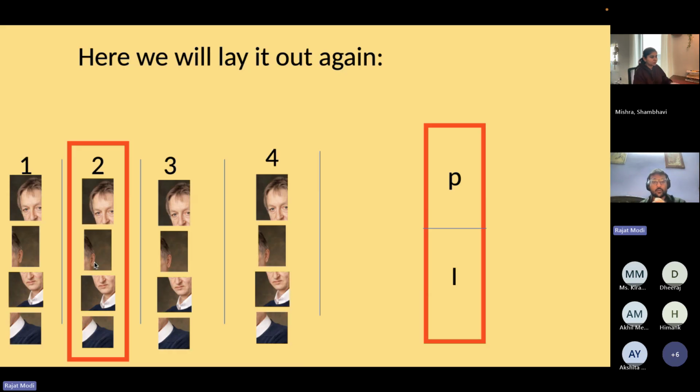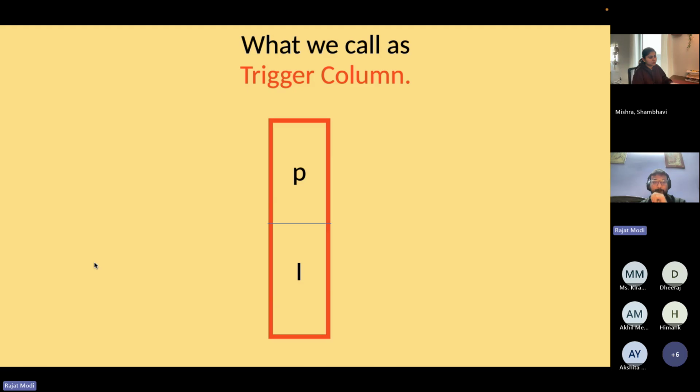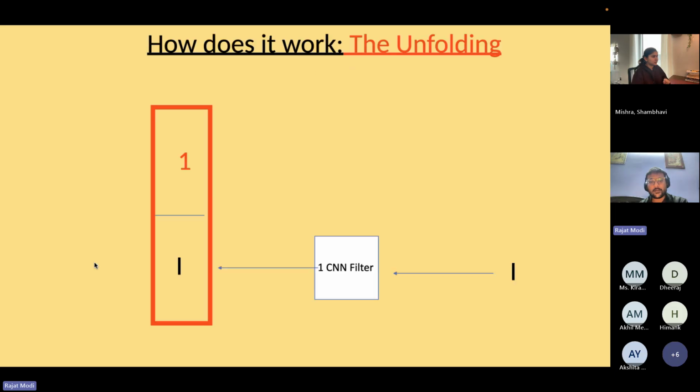So this is a different way to feed data to an MLP. Let's call this data structure a trigger column. Now let me show you how the network is working. The first step is that you take an image. Let's say your image is 100 by 100 by 3 channels, and you have just one filter. Let's say your image gets down to 10 by 10 by 1. So you flatten those 10 by 10 numbers to 100 numbers. Those 100 numbers are this I, and you're trying to predict something at location 1.